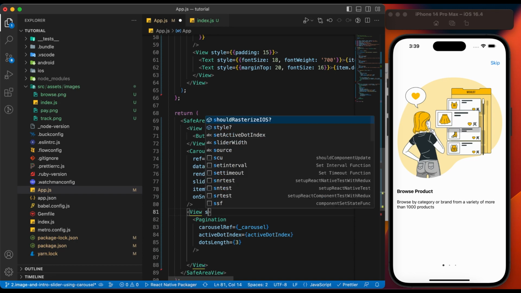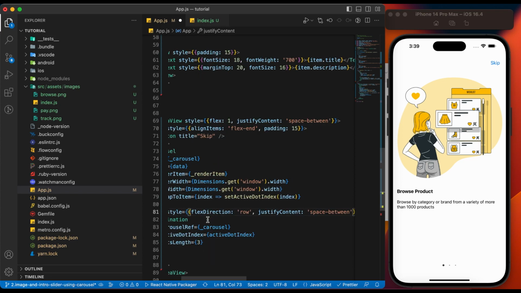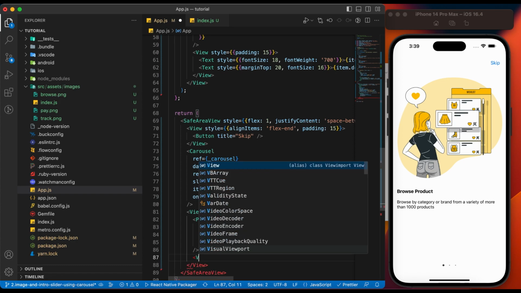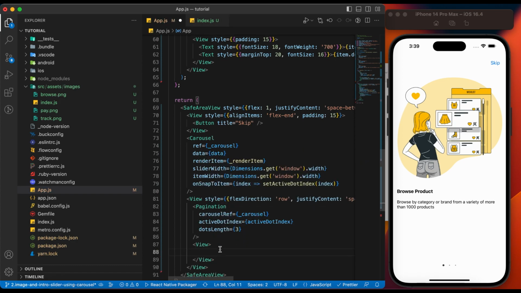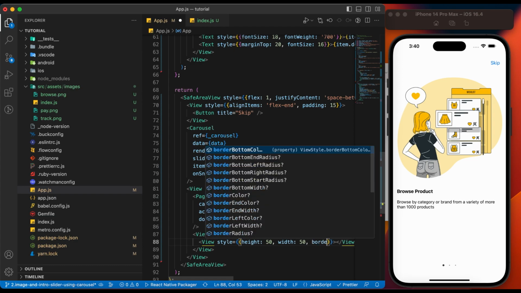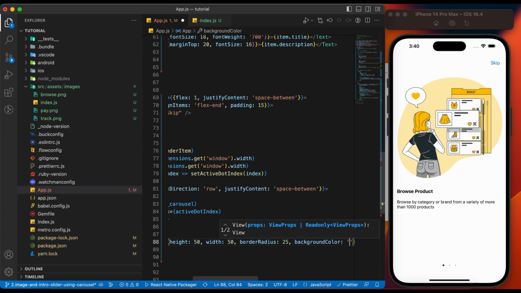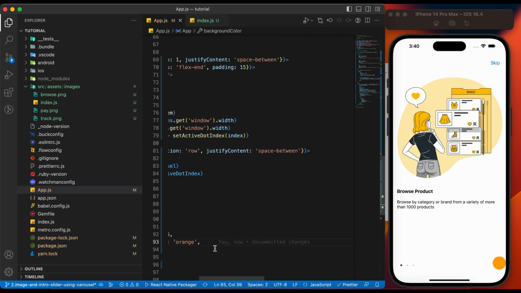Now add the next and previous buttons. This will be the next button.